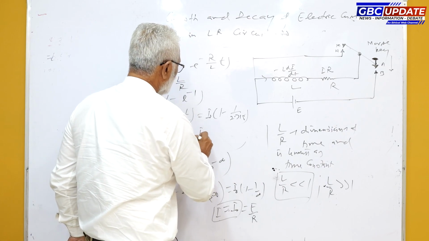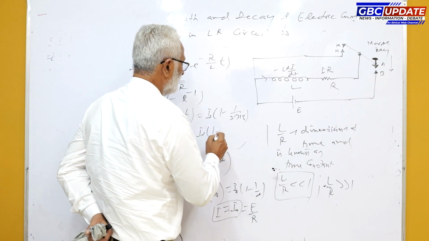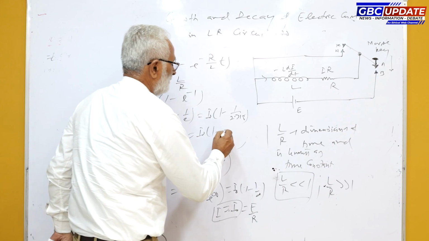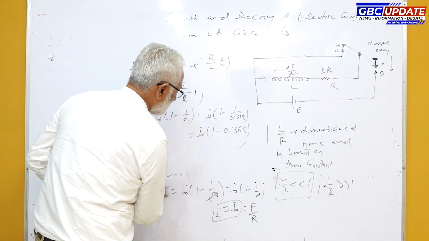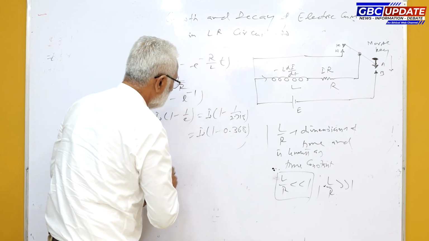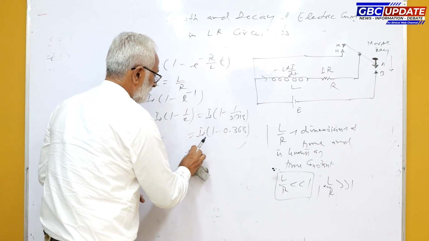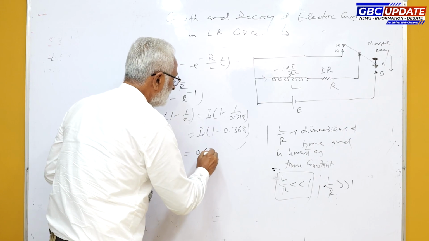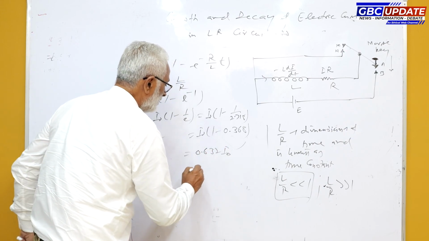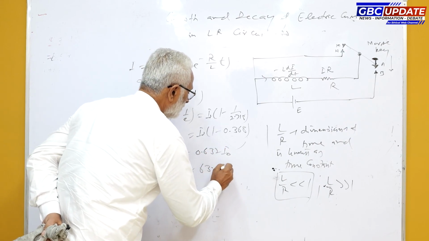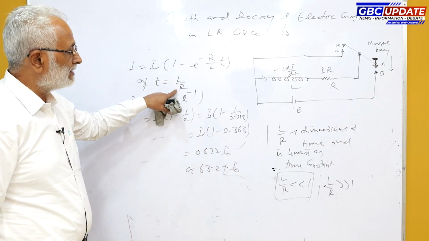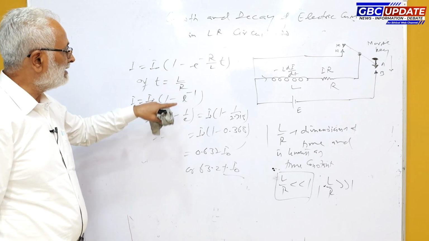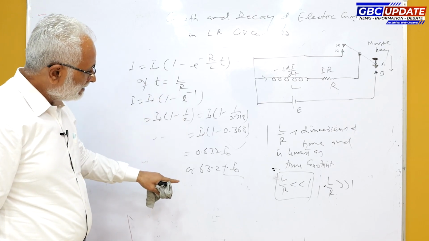1 over 2.718, or is equal to I naught into 1 minus 0.368, or this is equal to 0.632 of I naught, or 63.2% of I naught. So time constant of LR circuit may be defined as the time in which the electric